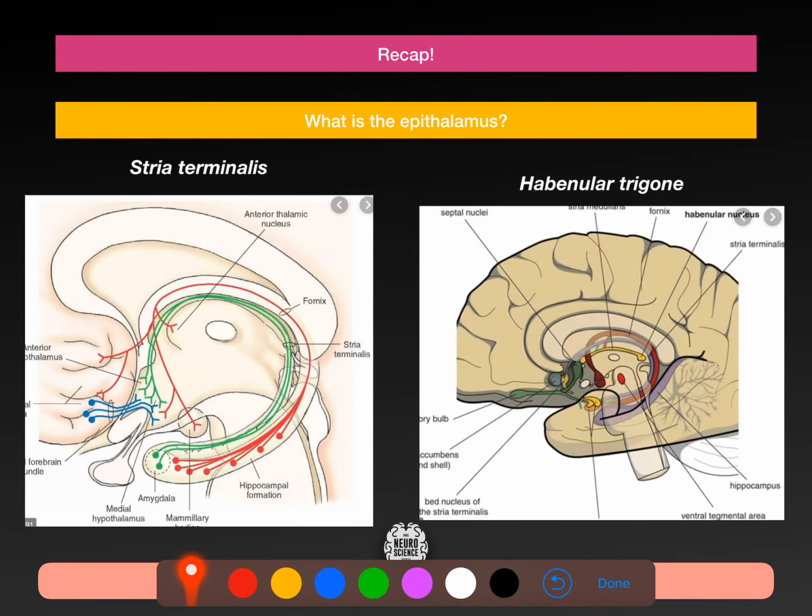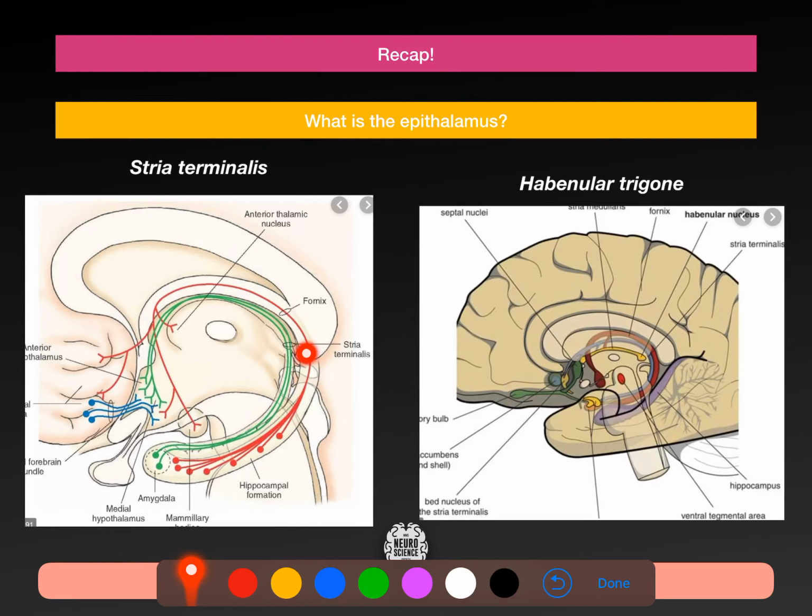So, recap, what is the hypothalamus? It's the stria terminalis and the habenulum. So your stria terminalis connecting the amygdala, it's this green bundle here running forward. You can't really see it grossly, but it's to be appreciated histologically and functionally. Connecting this amygdala up to this hypothalamic region and all of those hypothalamic nuclei, in the same way that the